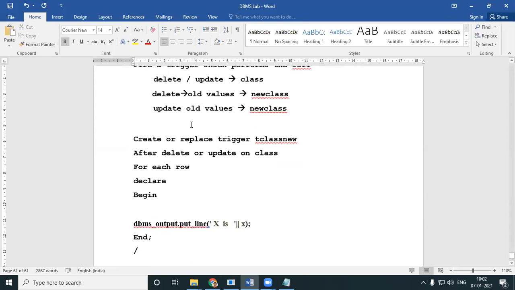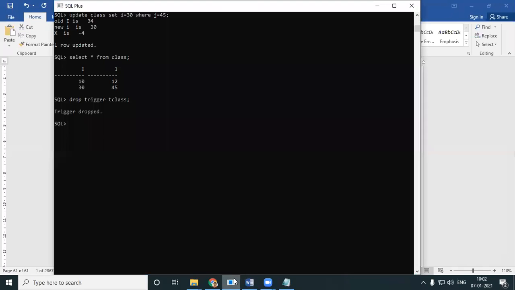If I am deleting, the old values should go into a table called new class. So what should I have first? I should have a table called new class. So I'll create a table, new class, with new I as a number of size 2, and a new J, which will also be a number of size 2.